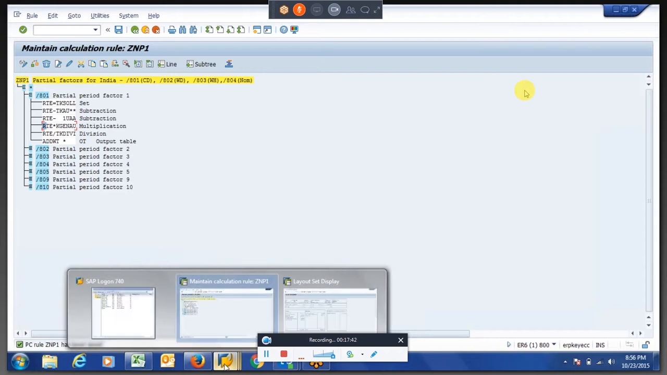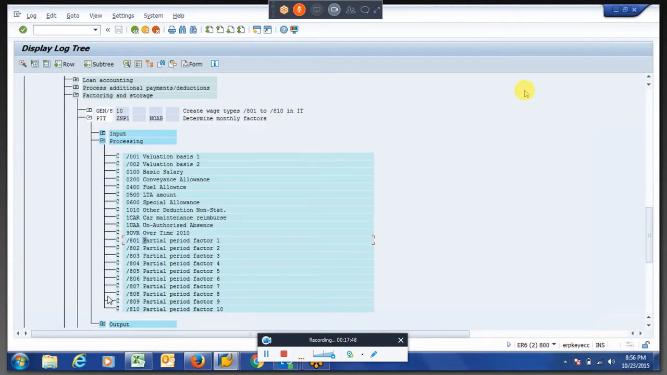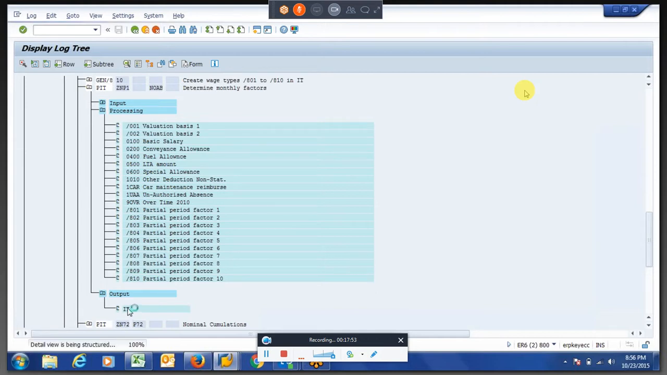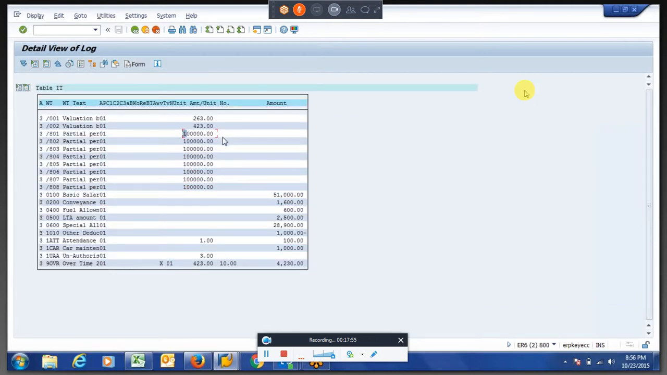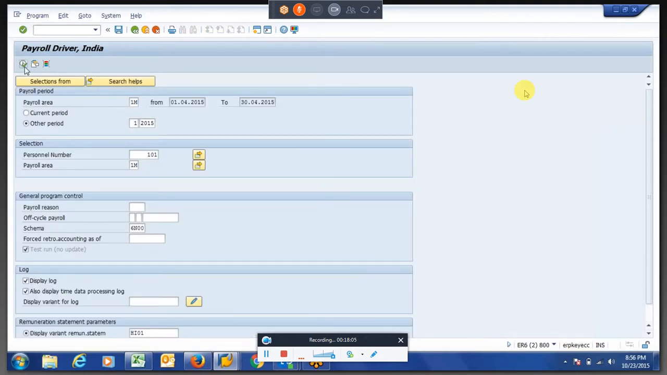So we will see how it was generating now. If you see, as of now, the rate for /801 will be the same, whatever the amount it is. It is not reduced or increased. If you run again after changing the rule,